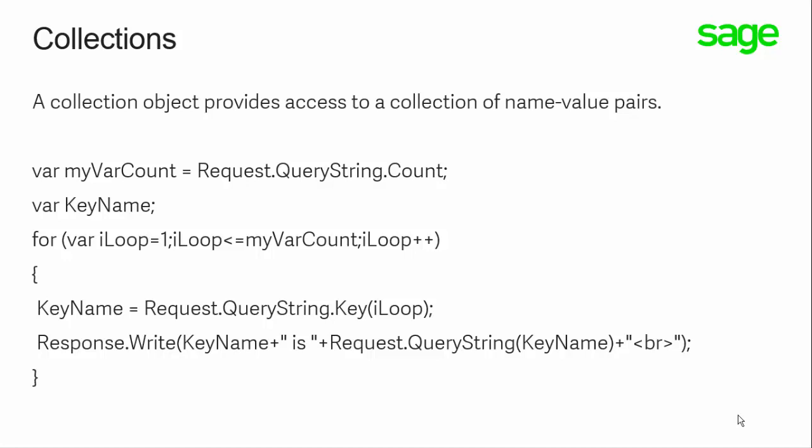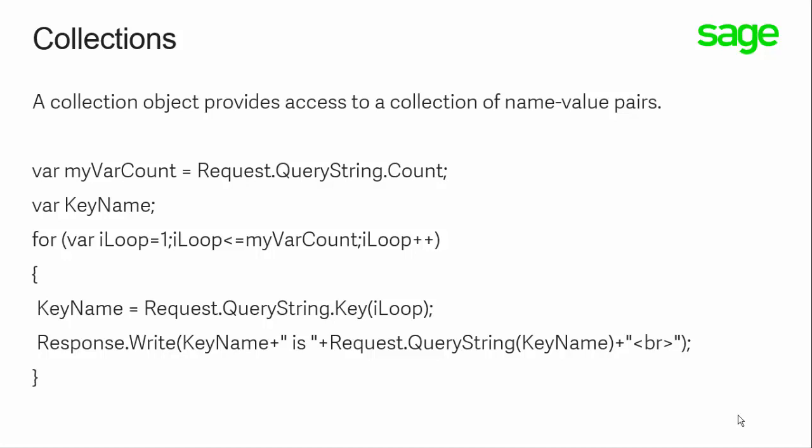Collections. Now, a collection is a specific type of object within JavaScript that defines or holds sets of related data. Within scripting of an ASP page, we run into these types of objects when handling, for example, inbound data that can be submitted as part of the HTTP request. And it's either in the form that is posted into the server,